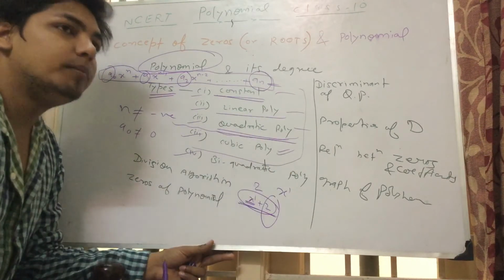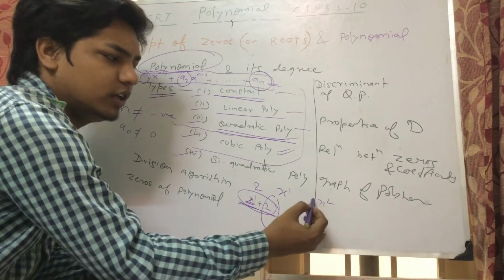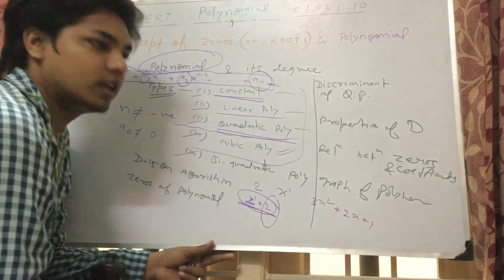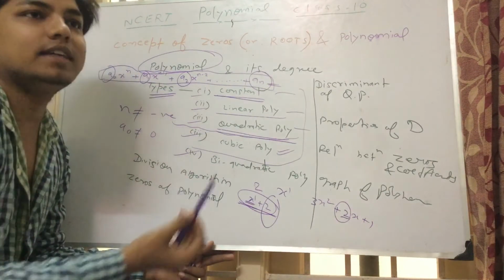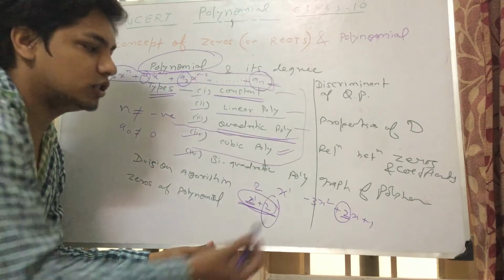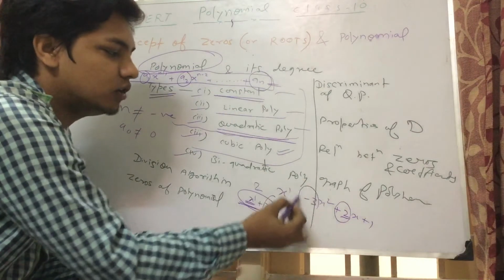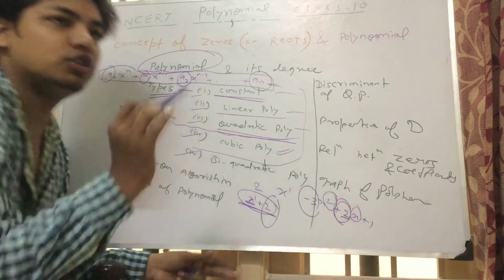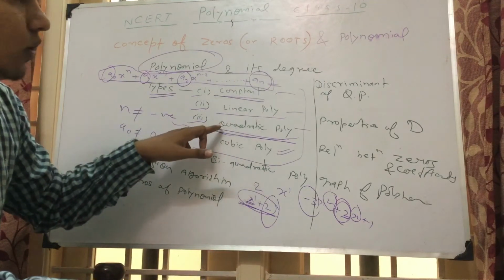Here you will have maximum power 2, like x square. You can have any constant also, no problem. 3x square plus 2x plus 1. Now see, the constants can have any sign, positive or negative, no problem. Minus 3x square, minus 2x, minus 1, anything, no problem. Don't worry about the sign of the constant. We only have to think about the sign of the variable's power; this should be positive always. So constant done, linear polynomial done, quadratic done.